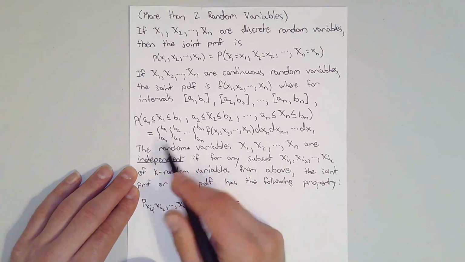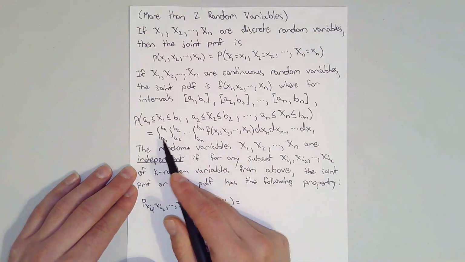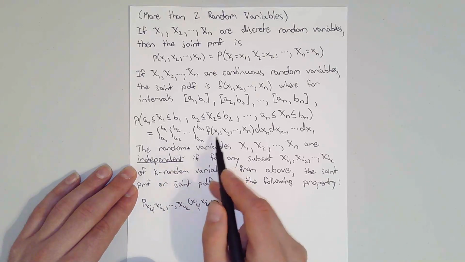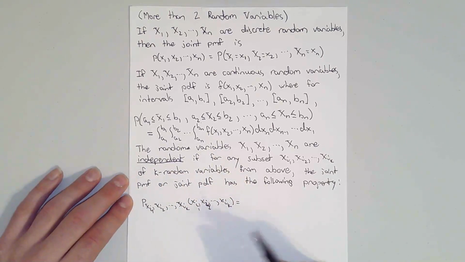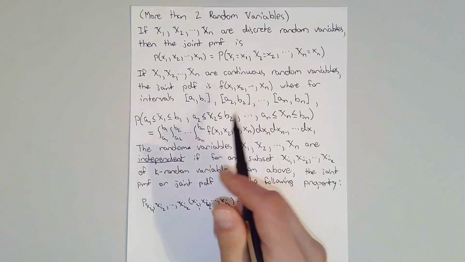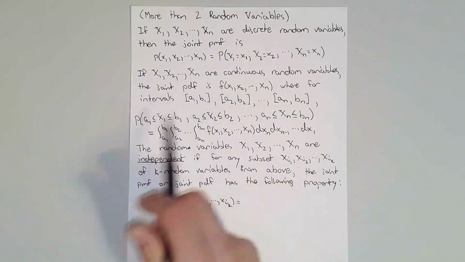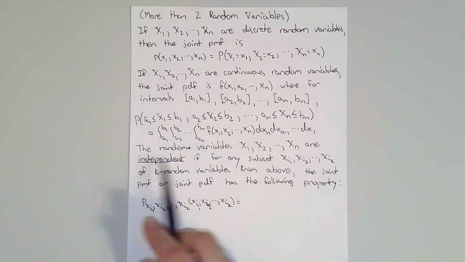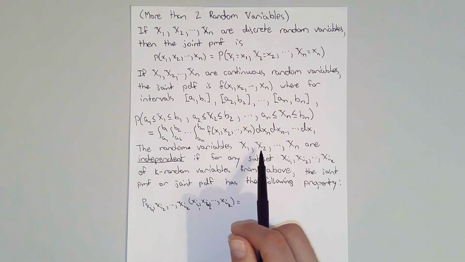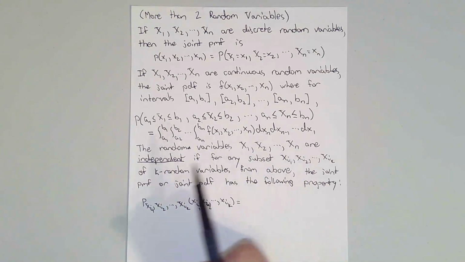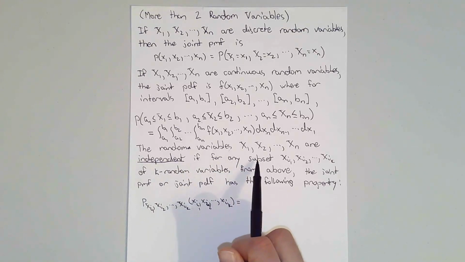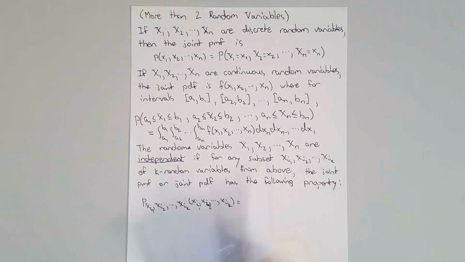So we're integrating over regions, or this is a box or a cube in R^n, or an n-dimensional cube if you'd like. So this is how we define probability, or the distribution of n random variables. The random variables, x sub 1, x sub 2, all the way up to x sub n, are defined to be independent if, for any subset of k random variables from above,